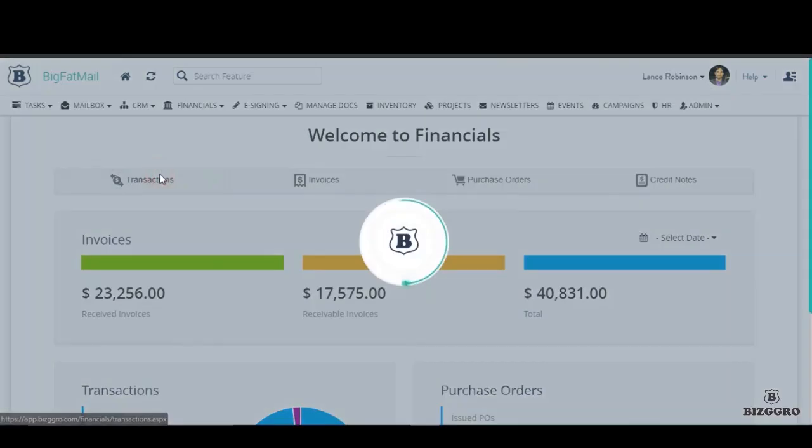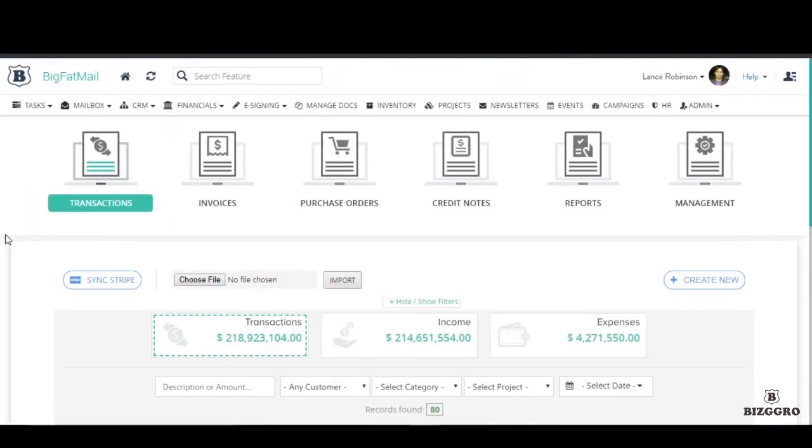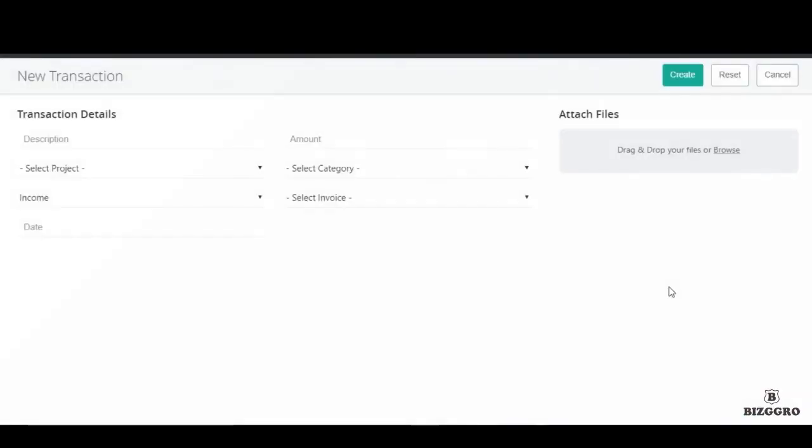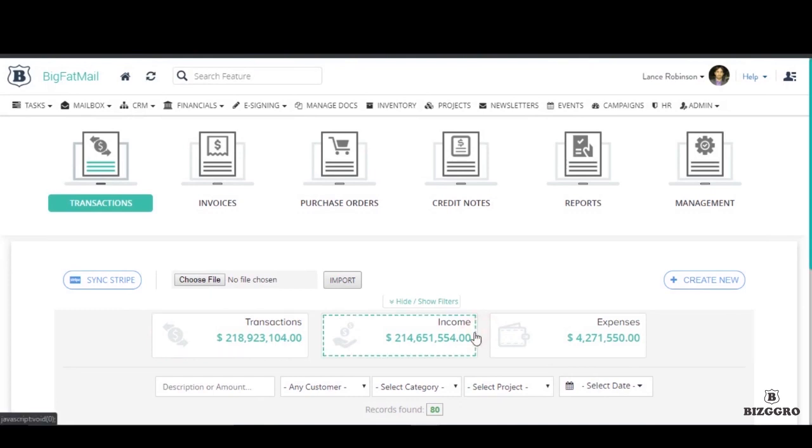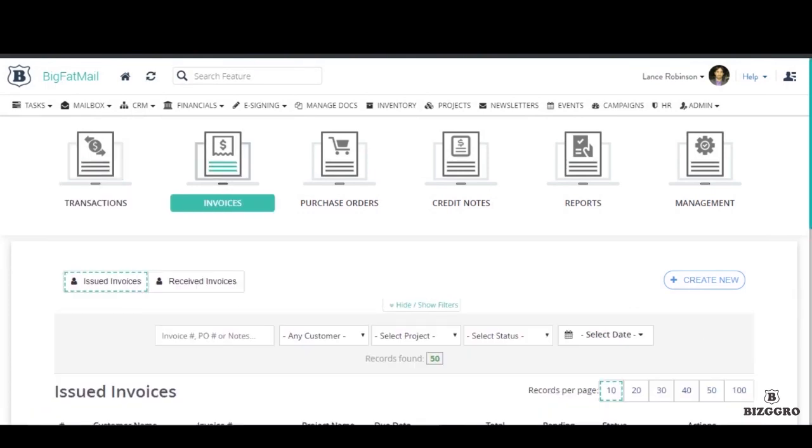Your transactions indicate the total amount of income that has come in, and clicking on that tab will show you all of your transactions, income, and expenses. You can decide to add a new transaction by clicking on the Create New button and entering the information required. You can sort your transactions by income or expenses to get a rough estimate of what percentage of your transactions is spent on what. Next tab is the Invoices tab that shows you all of your invoices,